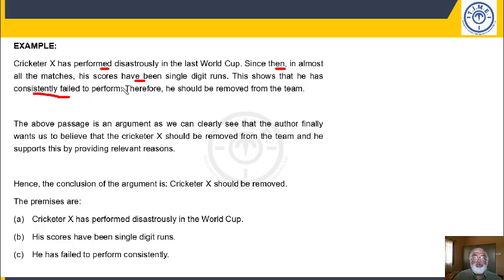Now, suppose, could we have terminated the argument here? Yes, you could. In which case, this would have been the conclusion. This shows that he has consistently failed to perform. This would be a conclusion by way of an understanding. But I'm using this understanding to move forward. That means I'm using the understanding as basis, and therefore I'm going forward to another conclusion based